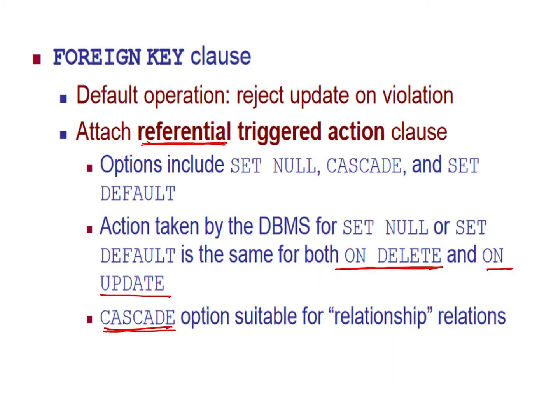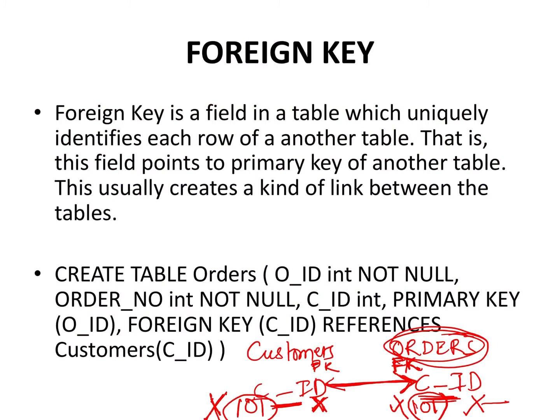So I can say on delete, you can just cascade. On update also cascade. What do you mean by on update cascade? That means if this is updated, for example, I have done some update here for some customer 101, his address has changed or his phone number has changed. So in that row, apart from this ID, there was a phone number, so it is changed. The moment I update here, it will be updated in the child table. The moment I update in the parent table, automatically it will be updated in the child table. So this is what is on update cascade.